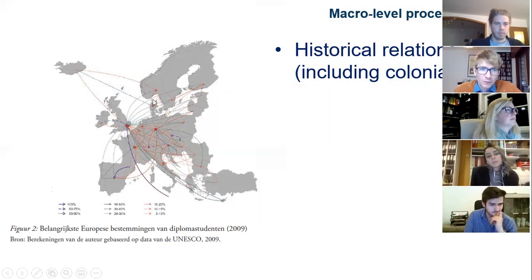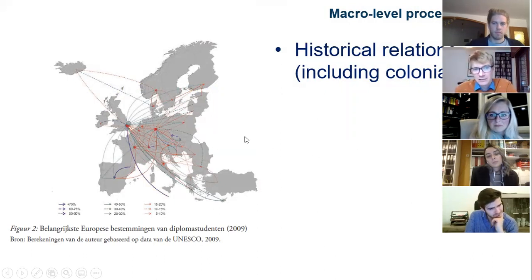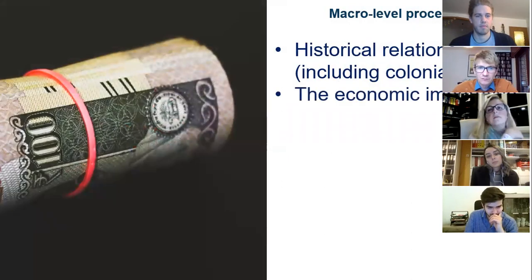You see, for example, Norway to Denmark, Denmark to Norway, Norway to Sweden. So there are a lot of regional systems within Europe: Czechoslovakia, Czech Republic to Slovakia, and the other way around, Belgium and the Netherlands. So this plays a very important role in structuring these student migration flows.